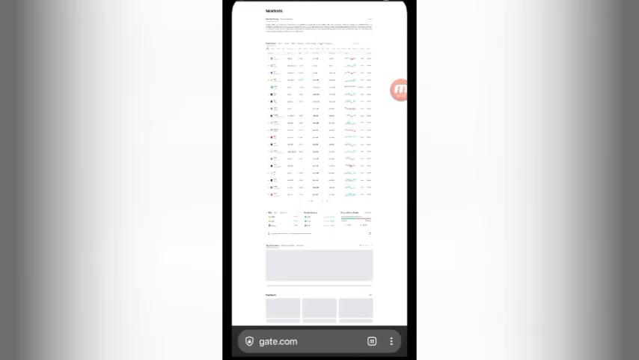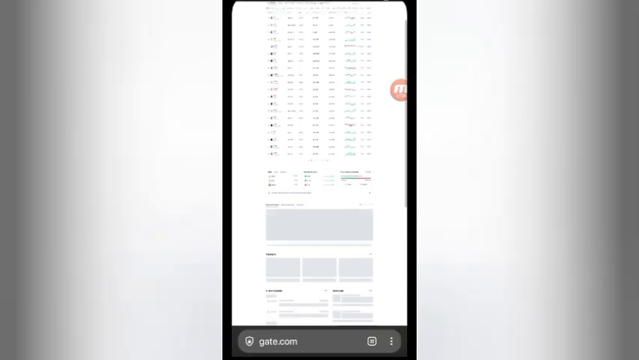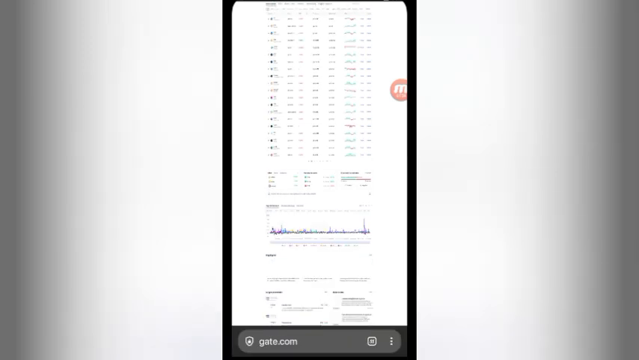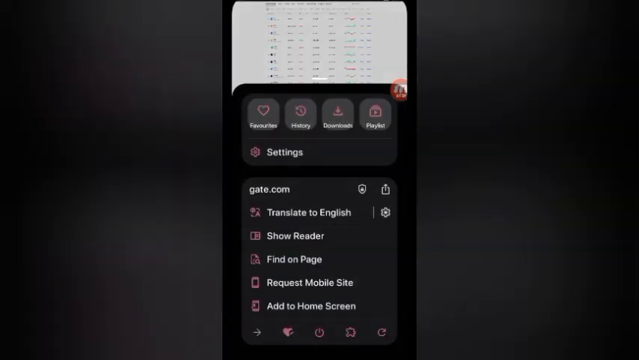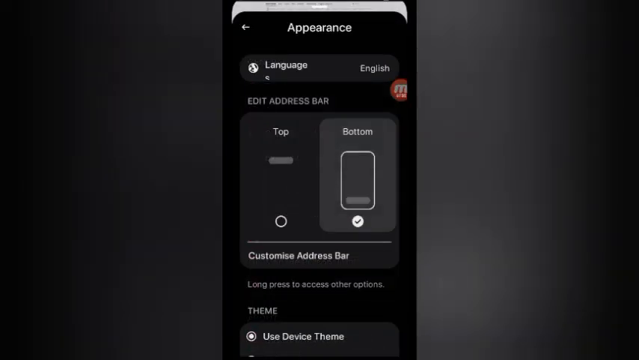So we want to start by setting up our browser, and the reason why I chose this browser is because the search bar is down here. The search bar is down, as you can see. So now you want to click these three dots here. Click on settings, click on appearance,